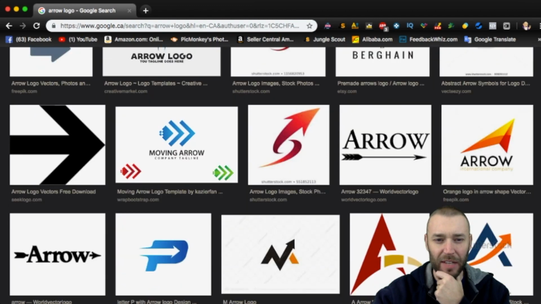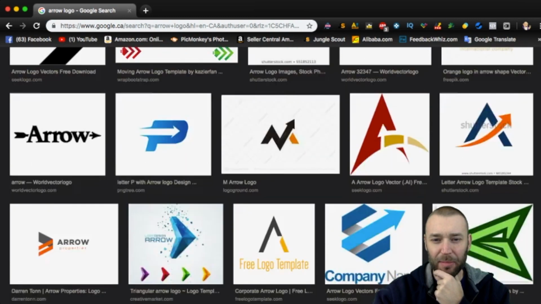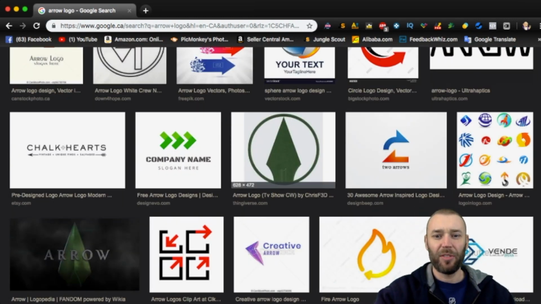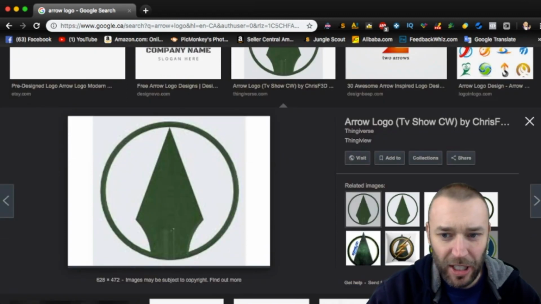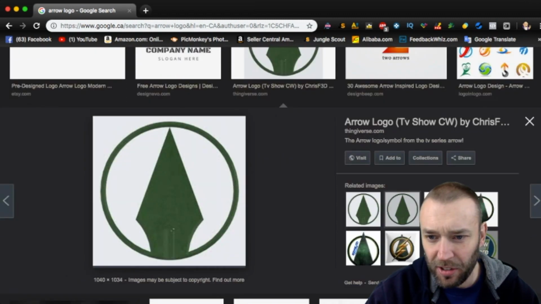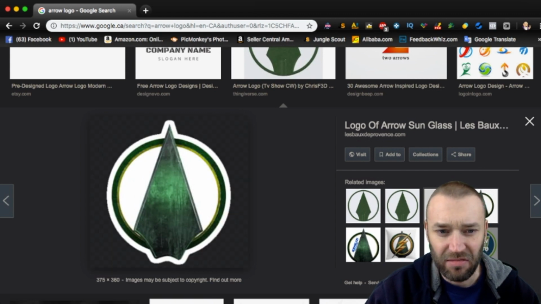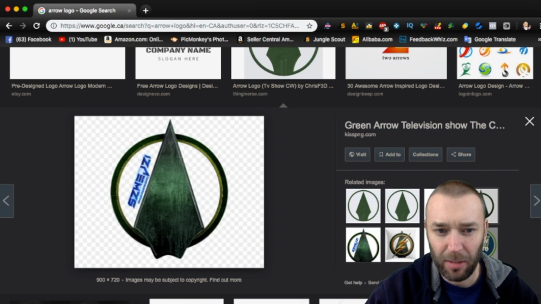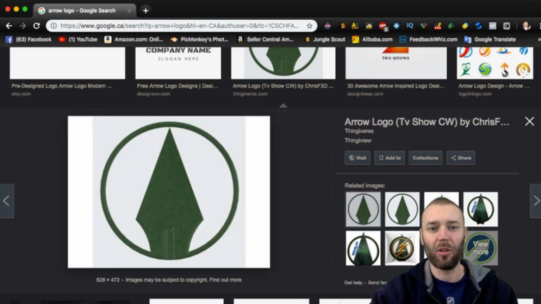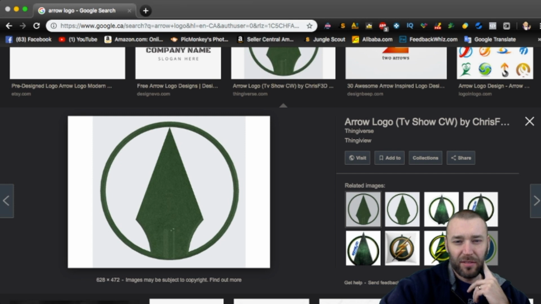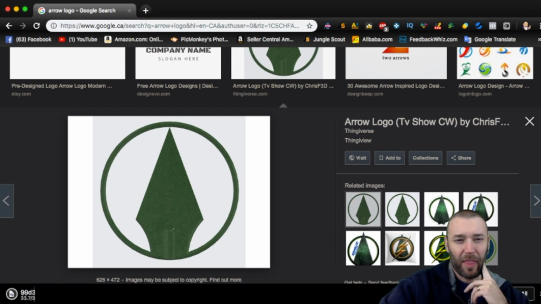So let's just scroll down through this stuff. It needs to be something fairly generic. Okay, so this one here is pretty good. There's a couple of different versions of it, it looks like. I don't know if this is like a DC Comics logo or something, because I know they have a Green Arrow character, but assuming they don't. So all I did was I just saved this, save that image, then go to